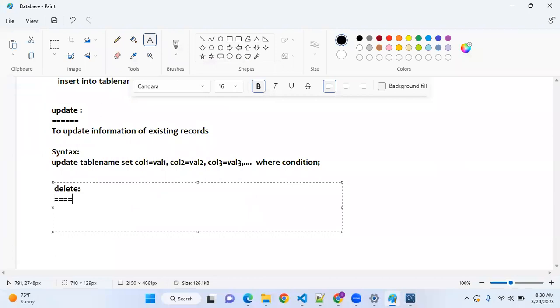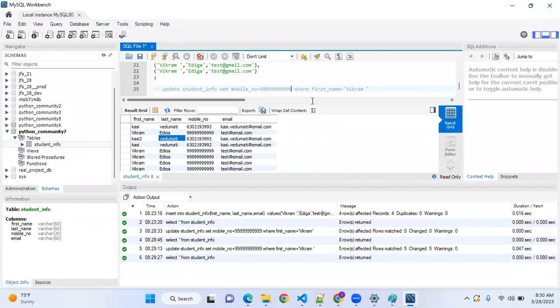You can play a lot of ways, guys. Don't just stick with whatever I'm explaining. For your practice, you can play with a lot of things. Updating 2 columns, updating 1 column. We have updated only 1 column here, right? You can pass a comma, email ID you can update, last name you can update. You can play with a lot of things.